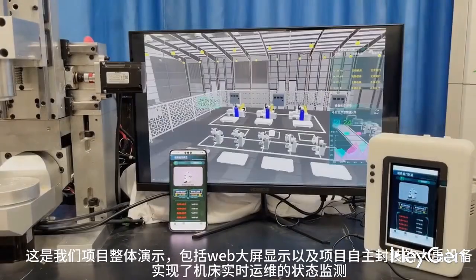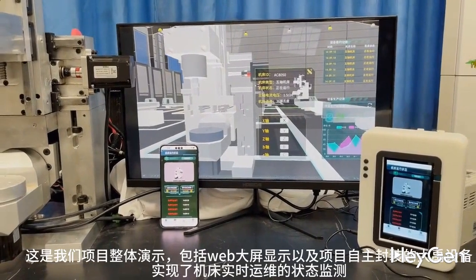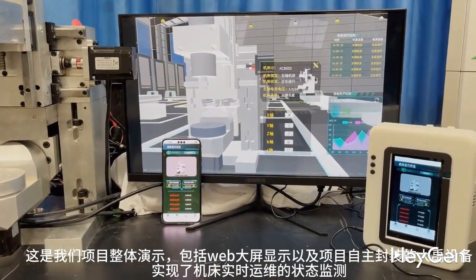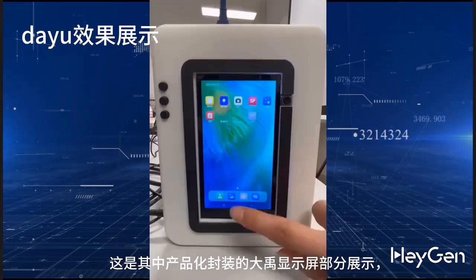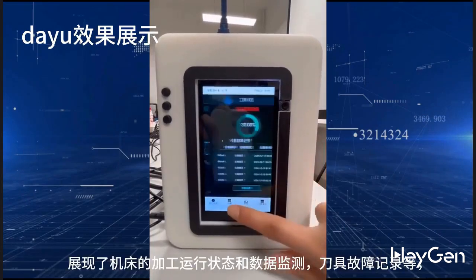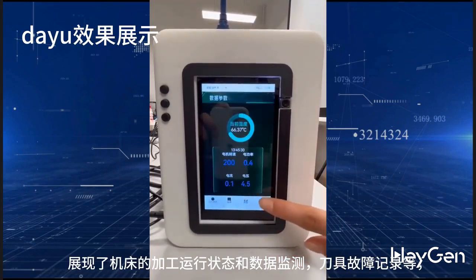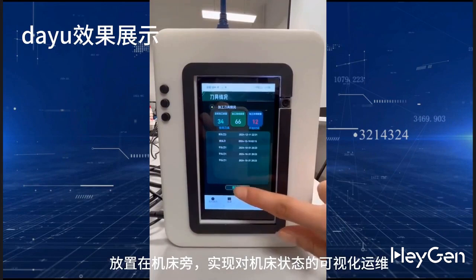This is our overall project demonstration, which includes a web display and the self-packaged Daewoo equipment, achieving real-time operation and maintenance status monitoring of the machine tools. This is the productized packaging of the display part, showcasing the processing operation status of the machine tools and monitoring data such as tool failure records placed next to the machine tools, enabling visual operation and maintenance of the machine